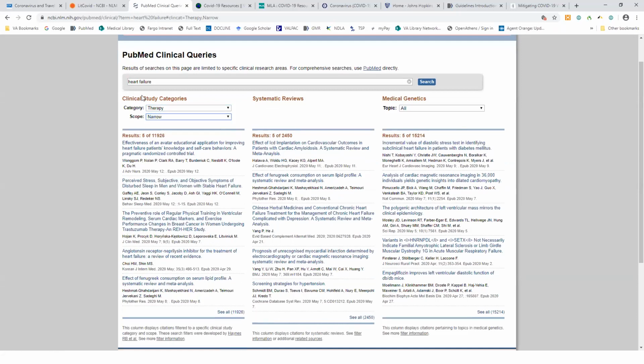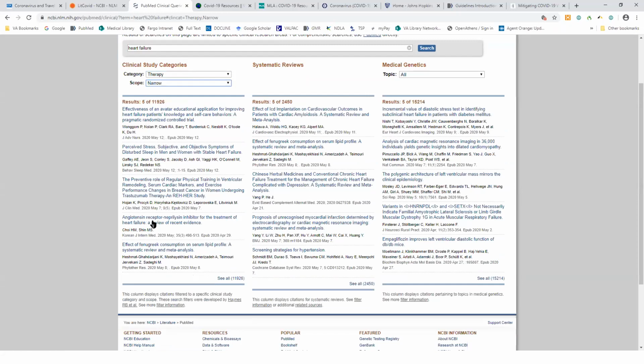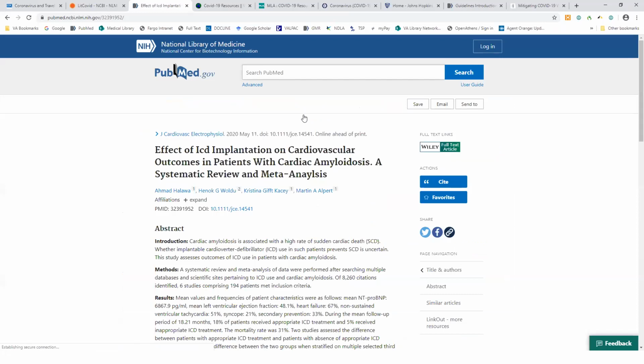And now what you're going to see on the one hand side, this column here, are going to be clinical studies. So this is all your actual broad research studies. In the middle here, we're going to have systematic reviews. And the end is going to be genetics. I'm going to go ahead and pick a systematic review here, and we're going to talk about what a systematic review is real quick. A systematic review is a review of the medical literature that is done using a scientific